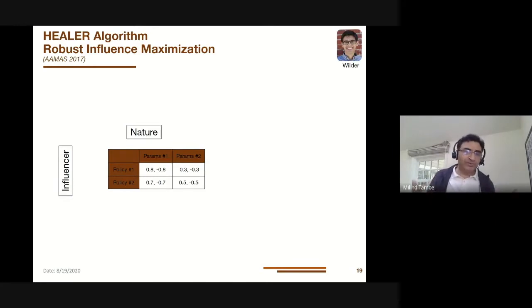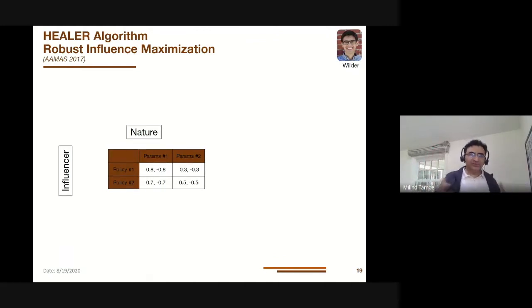For those who may be familiar with game theory, you can see that this is a 2x2 game. For those who are not, basically the first number is the payoff to the influencer. So 0.8 is the payoff to the influencer, and minus 0.8 is the payoff to nature. So in this particular case, we are doing better, but in other cases, we may do worse. We may get a negative reward ourselves. Solving 2x2 games is easy, but of course, in reality, what we have is a game with trillions of strategies